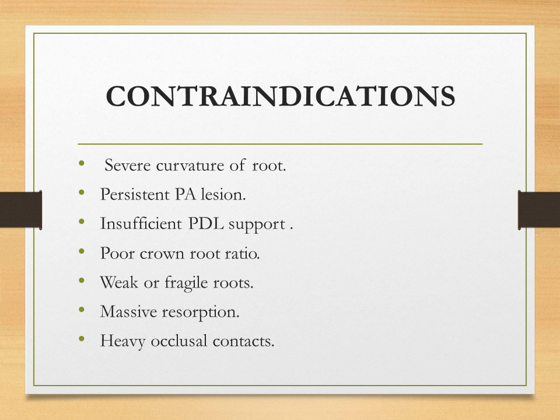You can never ever give a post and core in a tooth which has a persistent periapical lesion. In such cases you have to make sure that you resolve the periapical lesion, and only after you have healthy bone support and the tooth is asymptomatic can you proceed with your post and core. If you have done an obturation and there is a periapical lesion, you have to wait and watch until the lesion resolves and you have healthy bone support. Only after that can you do your post and core, because removal of posts is quite tricky